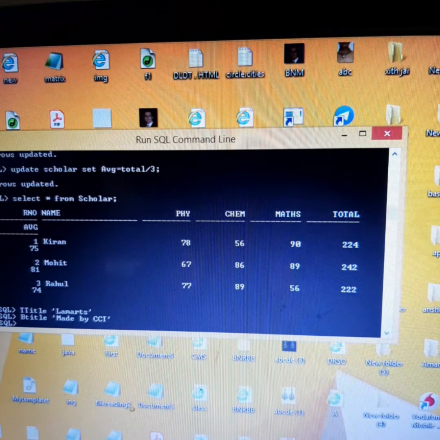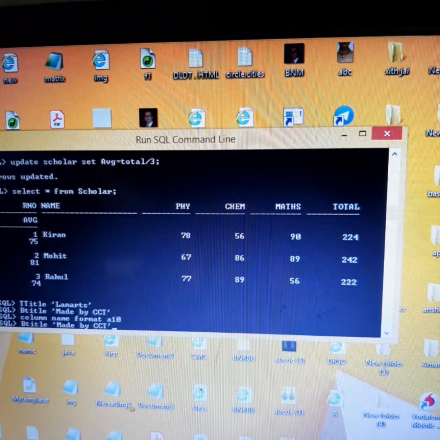And after that I can change the format of all these things. Like name is quite long, according to CAT 20, so I can say column name format A10.